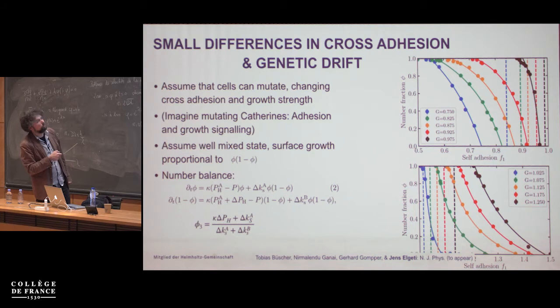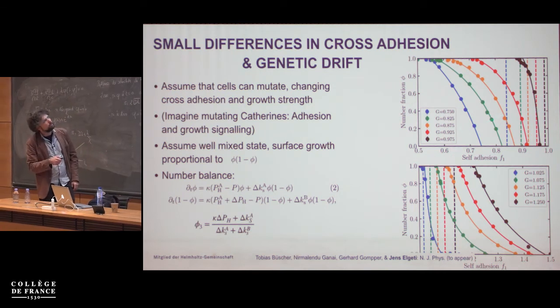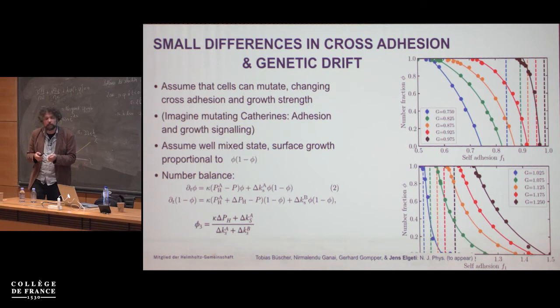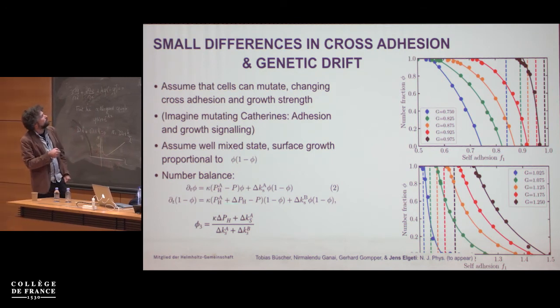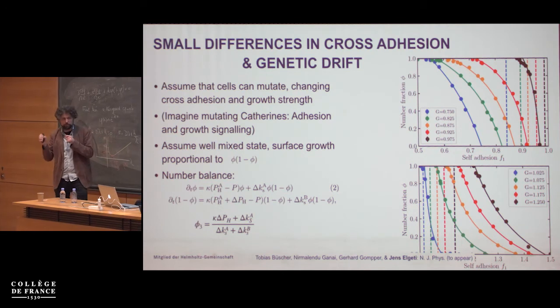If the number fraction is 1, that means the original host just took over the compartment. If the number fraction is 0, it means the host lost and the cancer took over the compartment. But in many cases, we find stable coexistence between the two tissues. And the point where the coexistence lies is exactly described by this stable fixed point that comes from the mixed term that I showed here. So from the cell